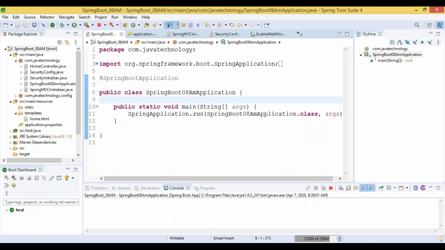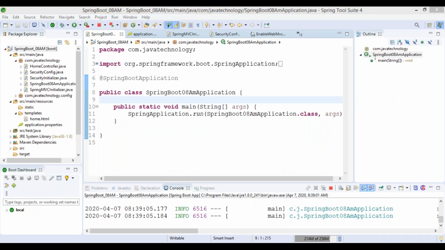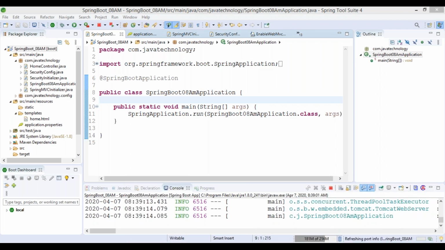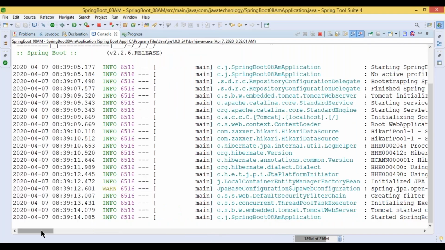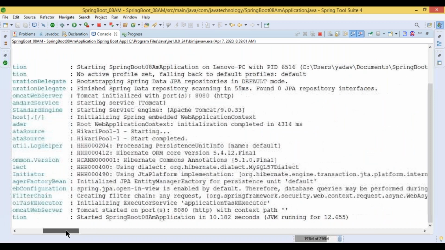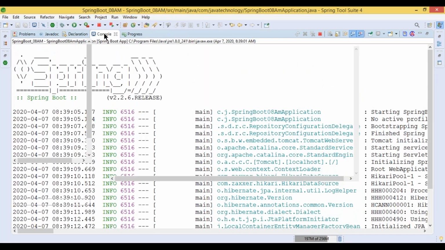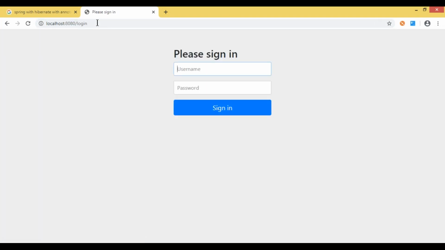Try to run our application. Let's check that the Spring Boot application started. Any exceptions? No. Okay, and move into the current style.